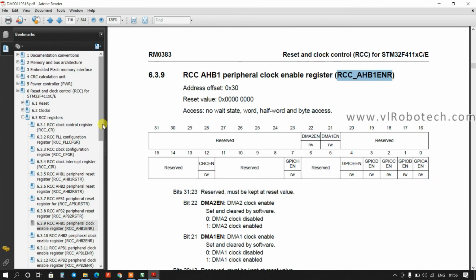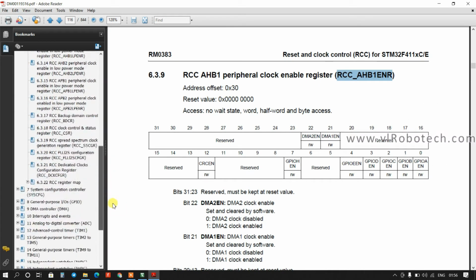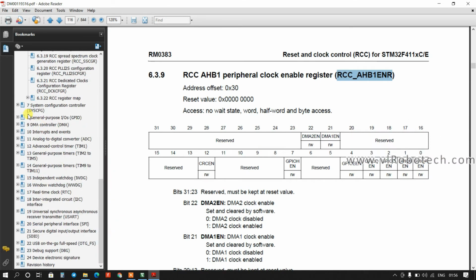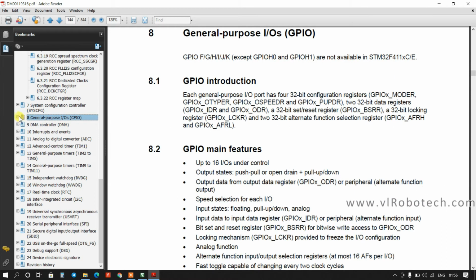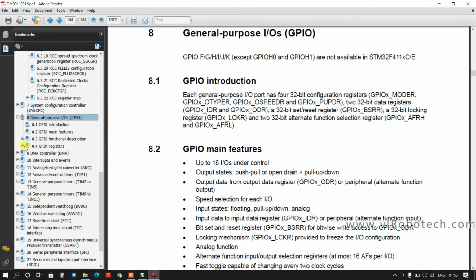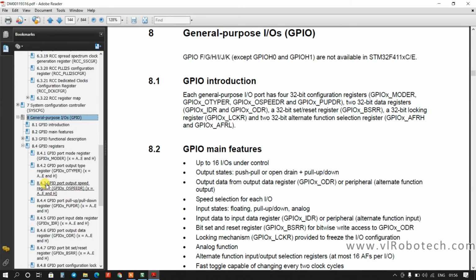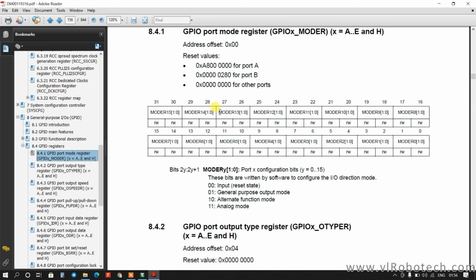To make it an output, now we have to go to the mode register. Go to general purpose IO, and here GPIO registers, and here mode registers. So the LED is connected on PA5, so we have to manipulate these 2 bits.